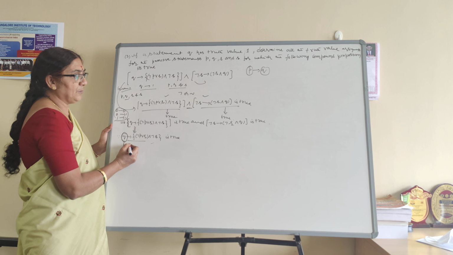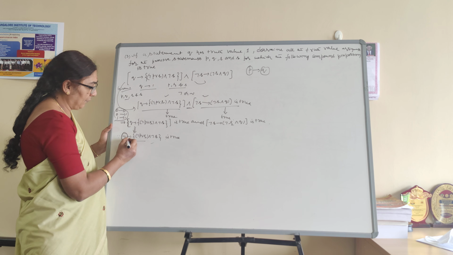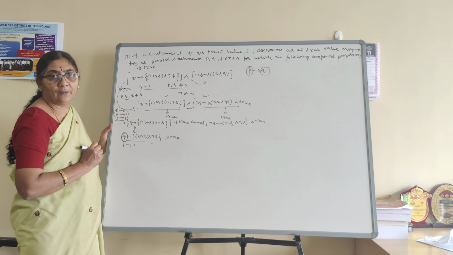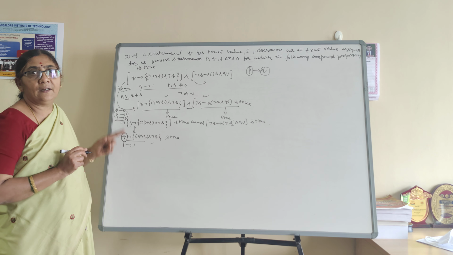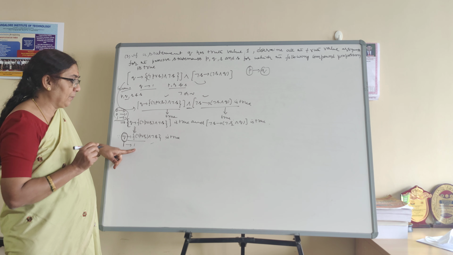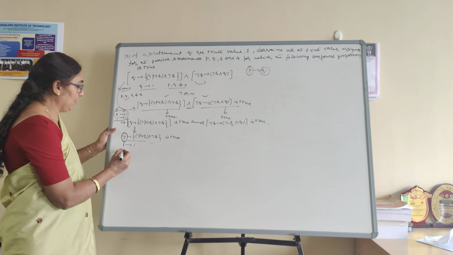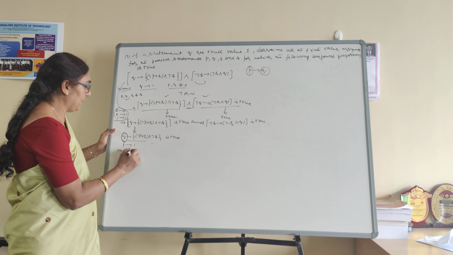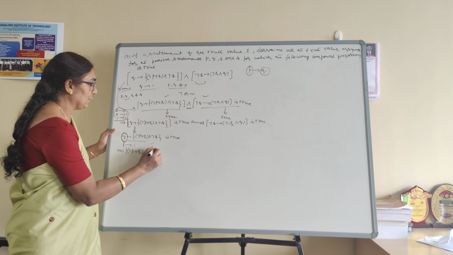The condition statement is true, means its truth value is 1, and the hypothesis is 1. Therefore, whatever your conclusion part is, it must also be 1. You can't take 0 to 0 or 0 to 1. Why? Because the Q value is already fixed. What's the Q value? 1. Therefore 1 must be mapped into 1 only, because they have given that the condition statement is true. Therefore this implies that negation of P, disjunction with R, conjunction with S is true.